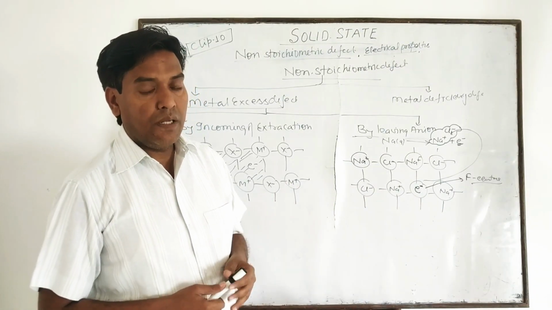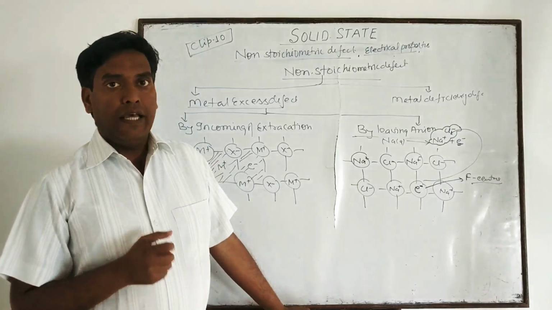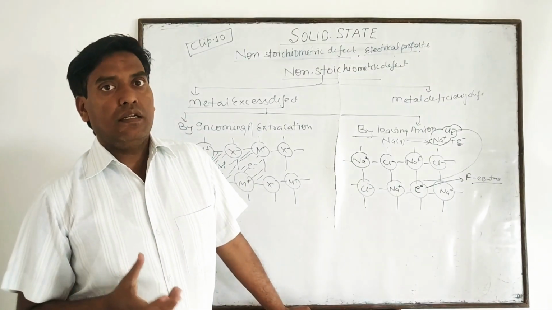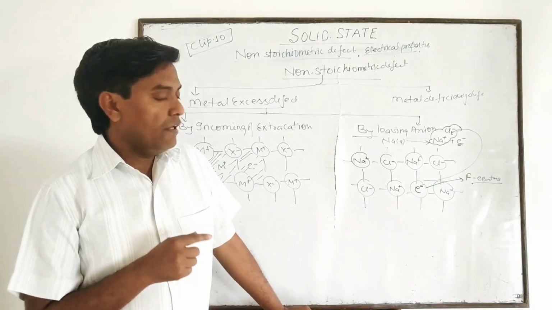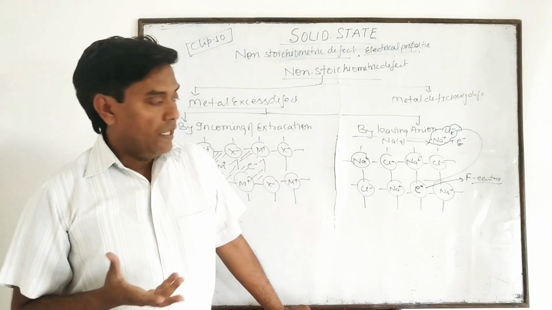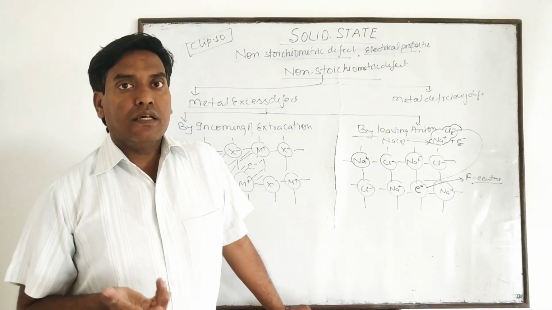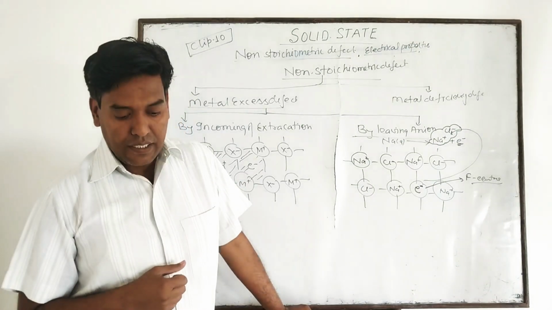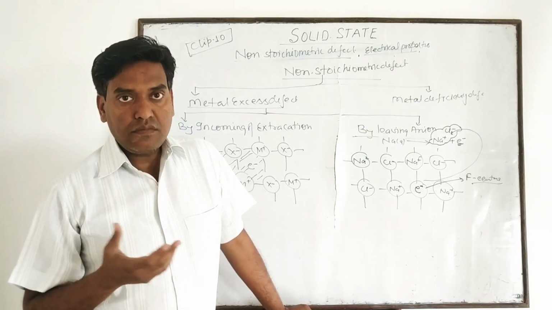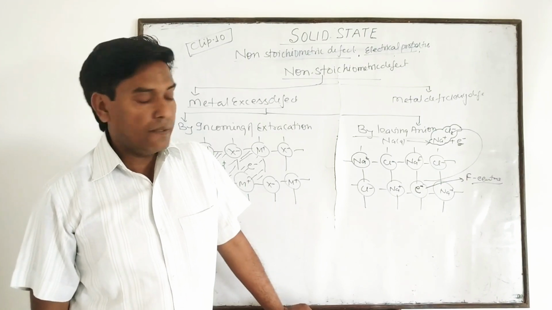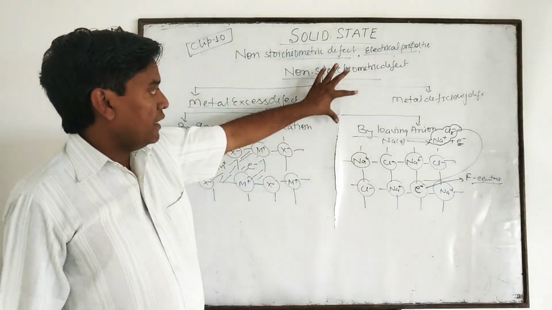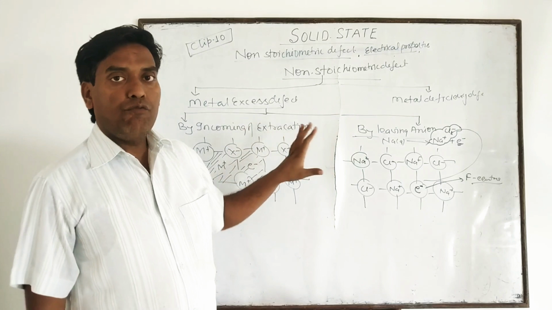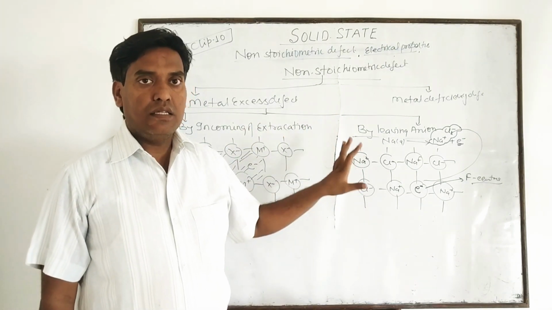For example, if in LiCl an F center arises, then it develops the pink color. If in NaCl an F center is generated, then it gets the yellow color. And in KCl, if an F center is generated, then it creates the violet color. Clear? So better simply you can say that